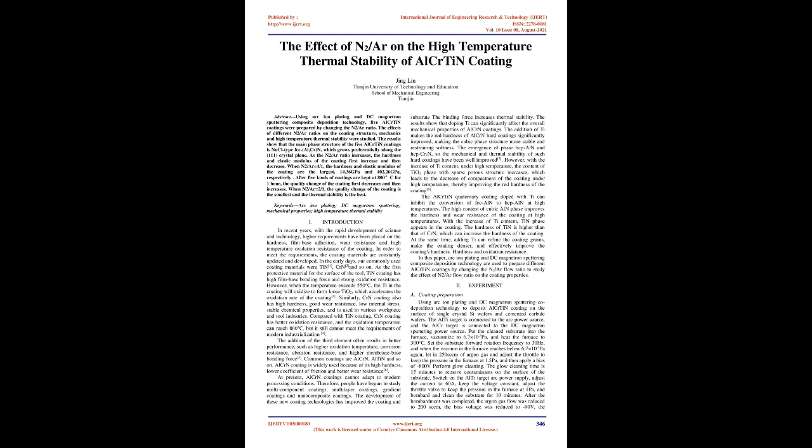The results show that the main phase structure of the 5 AlCrTiN coatings is NaCl-type FCC AlCrN, which grows preferentially along the 111 crystal plane. As the N2/Ar ratio increases, the hardness and elastic modulus of the coating first increase and then decrease. When N2/Ar equals 4/1, the hardness and elastic modulus of the coating are the largest, 14.36 GPa and 402.26 GPa,